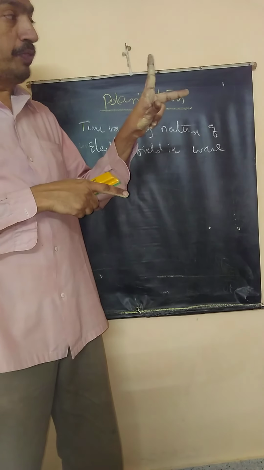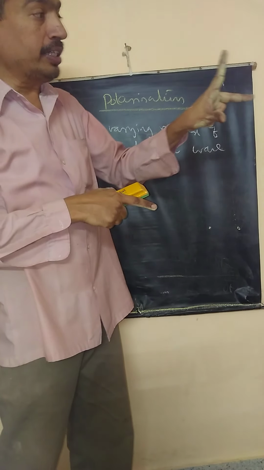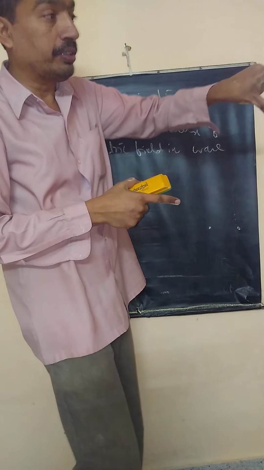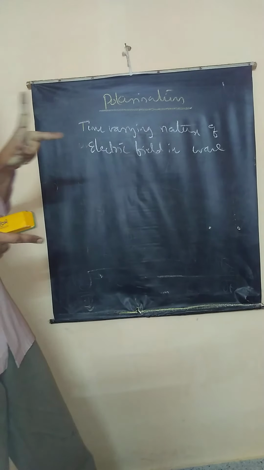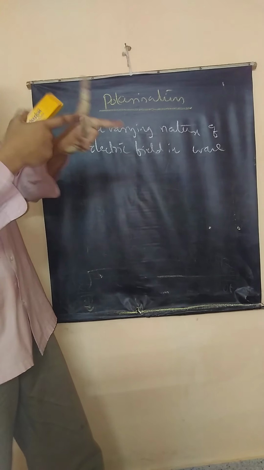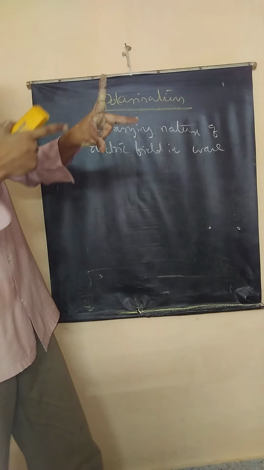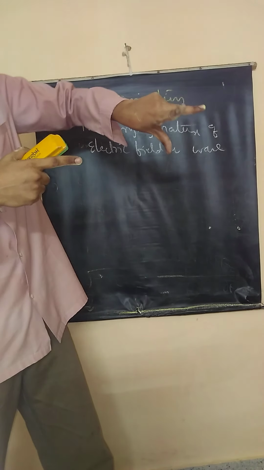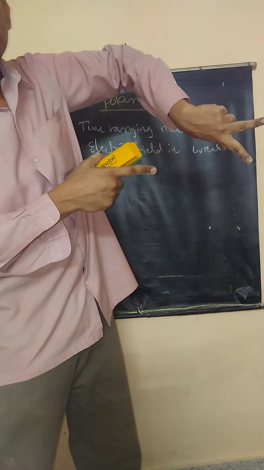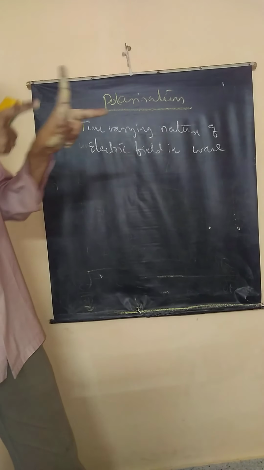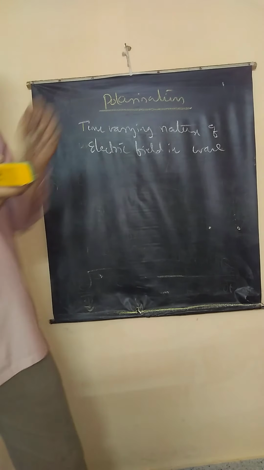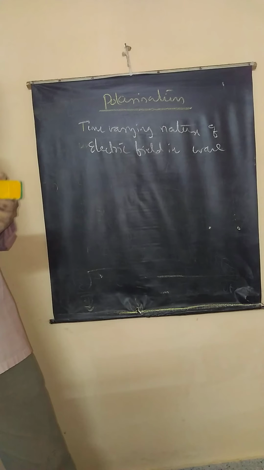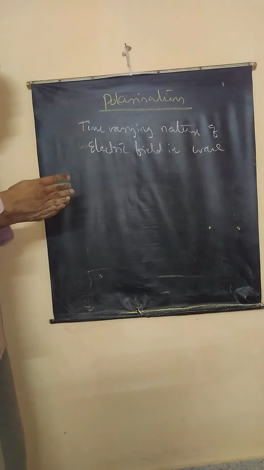Suppose as the wave moves forward, the electric field vector is rotating like this, describing a circle. See here, as the electromagnetic wave propagates, the direction of propagation remains the same. The electric field vector is describing a circle. Its magnitude is not changing, direction is changing. It is said to be circularly polarized. If the electric field vector describes an ellipse, magnitude changing, direction also changing, we say it is elliptically polarized. So there are three types of polarization.